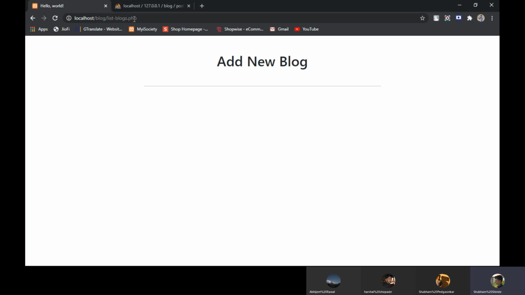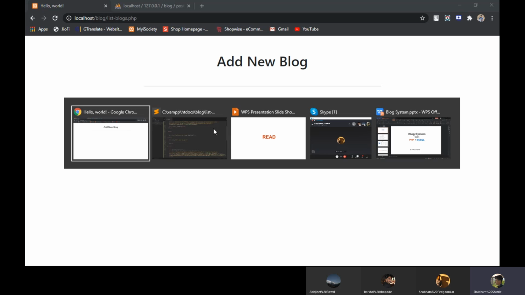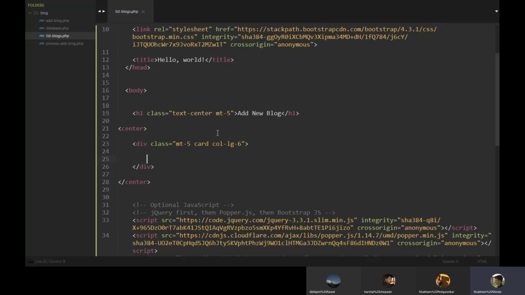Let's improve the name and create some cards. One card will represent a single blog. Let's edit this and rename it as our blogs.